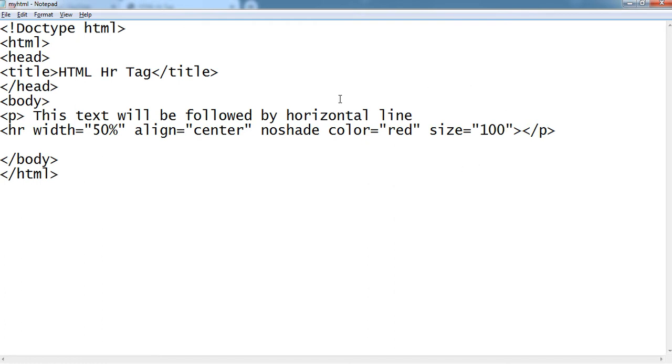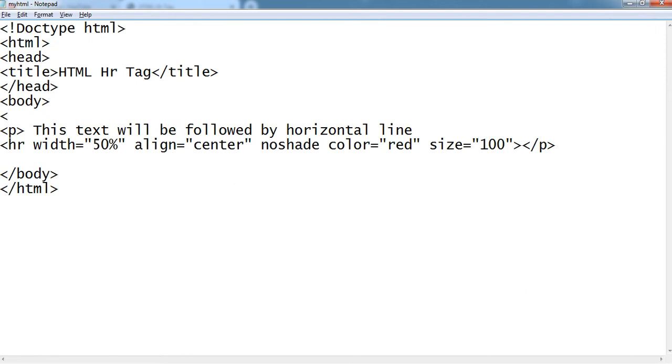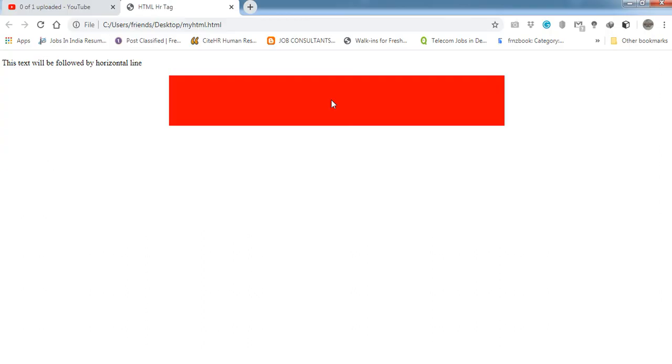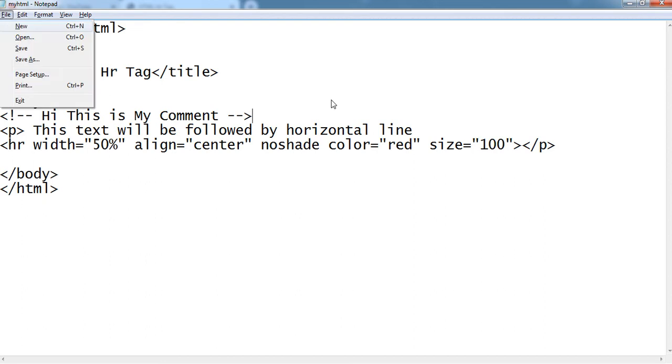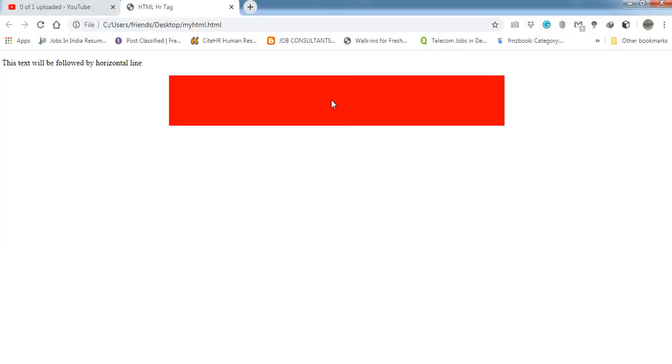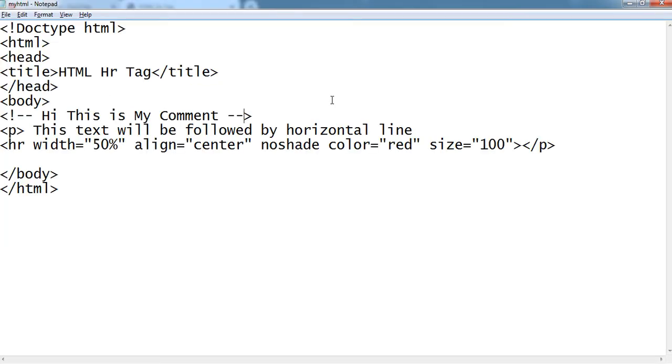So we are going to place a comment here: hi, this is my comment, then it is closed. Now we can see there is nothing. I have saved this file and there is no output for this comment, okay. Understand, student?